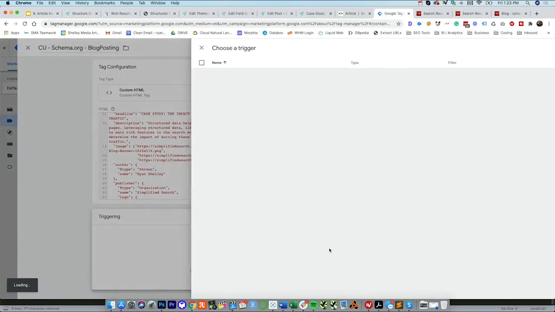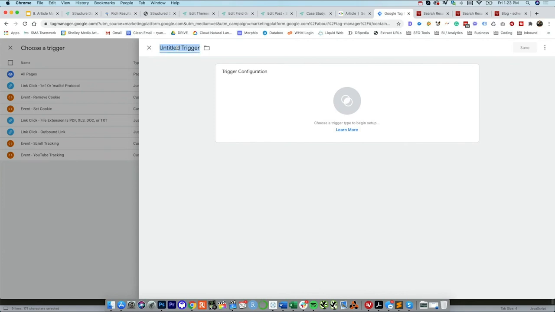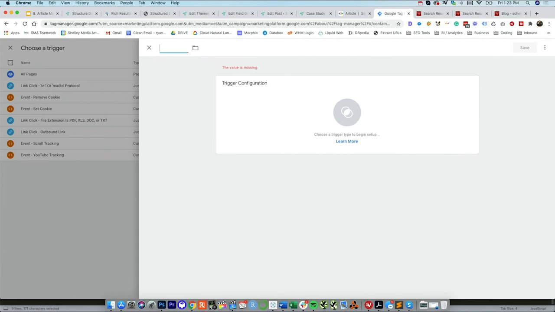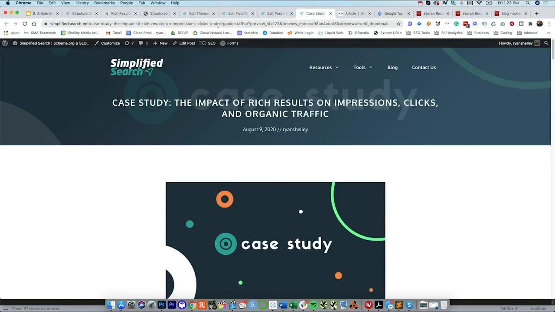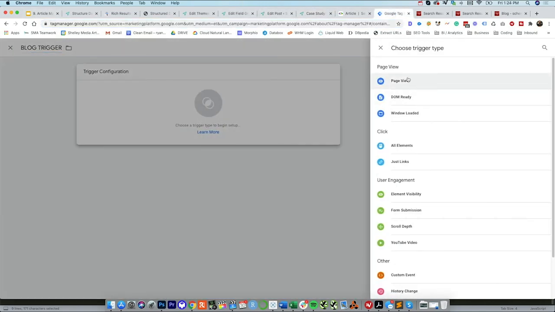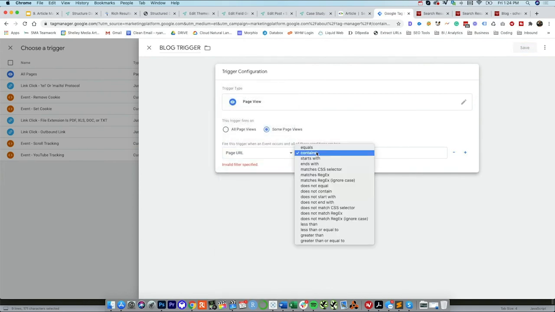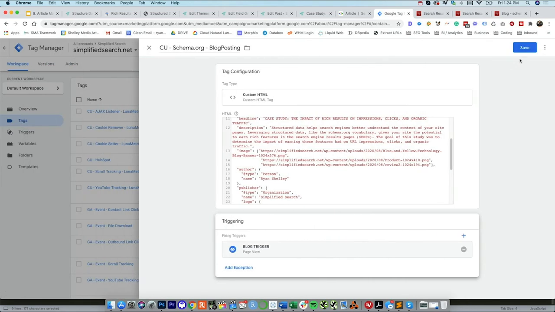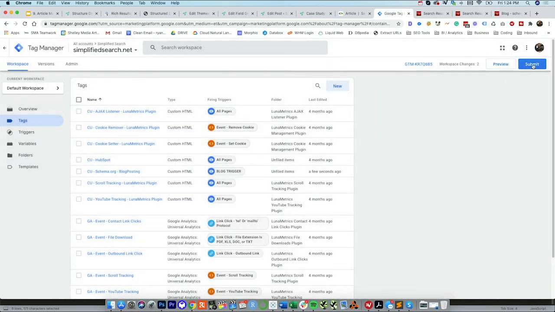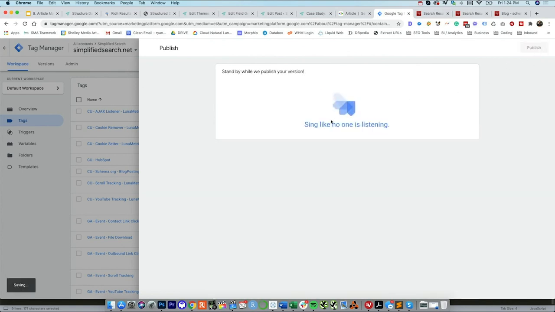The last thing we need to do is some triggering here. Now, we don't want to do all pages. We just want to do this specific blog. We'll go ahead and hit blog trigger just for this case. We'll go ahead and get this URL. And we'll say page view, some pages, page URL equals this, and hit save. Once you're done, you can save it, and then finally you can submit this blog test, publish,